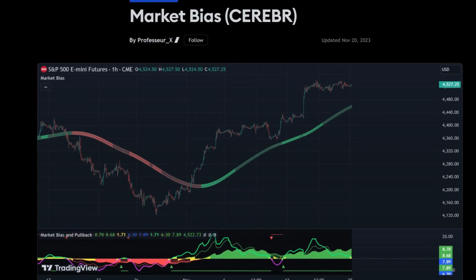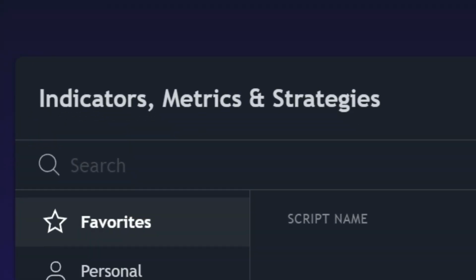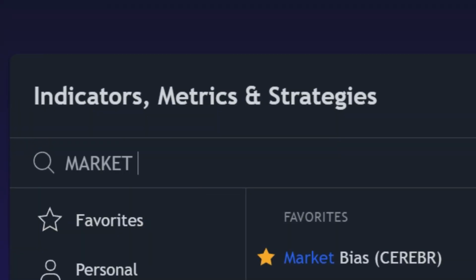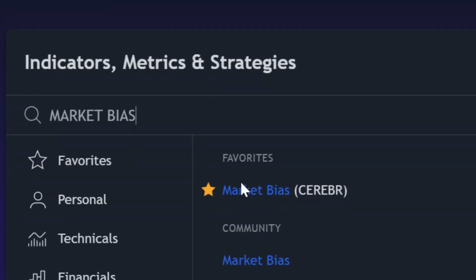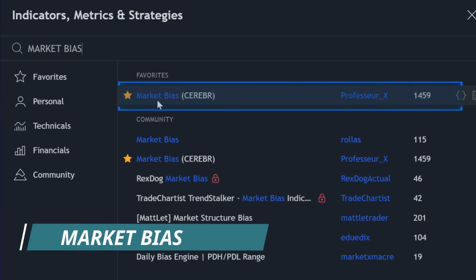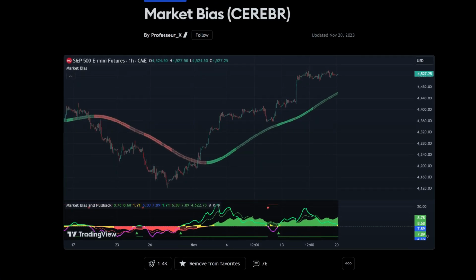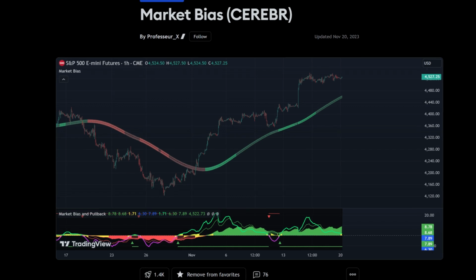To add it to your chart, find that indicators button again and give it a click. You'll see that handy search bar. Go ahead and type in market bias. Sift through the results and spot the one that you're looking for and click on it to add it to your chart. The market bias indicator is like our trusty compass, helping us figure out which way the market wind